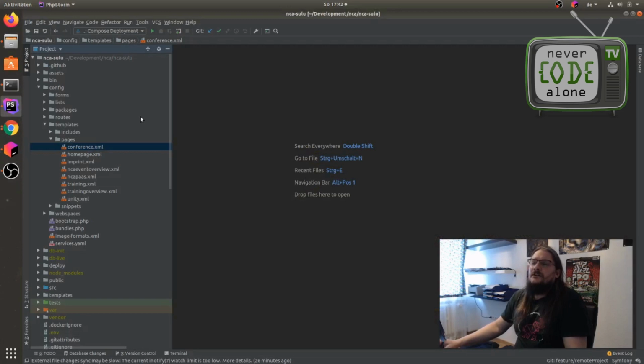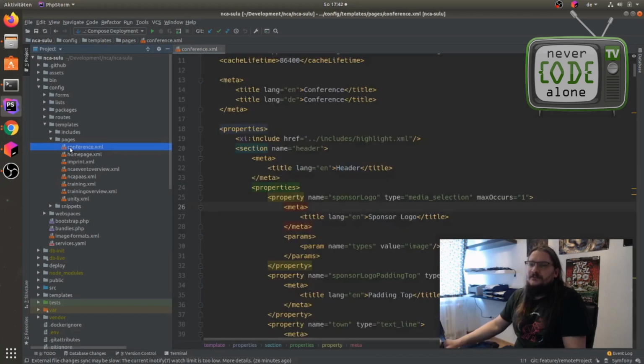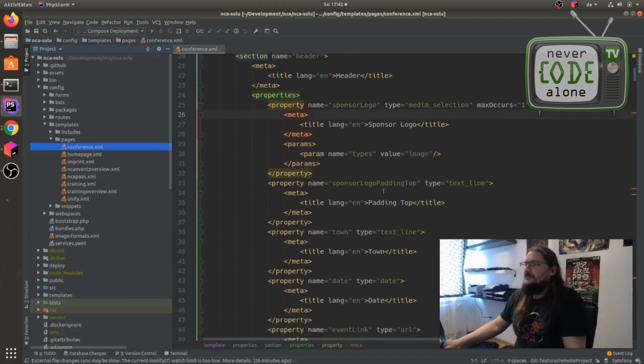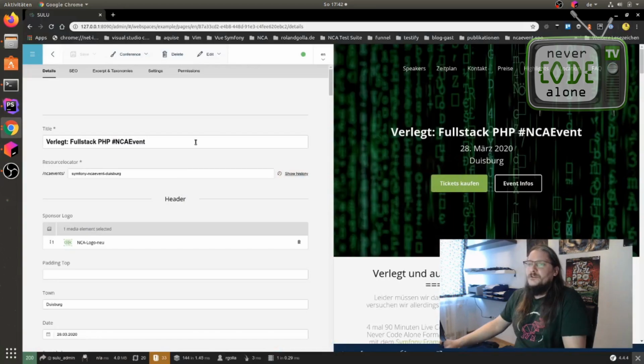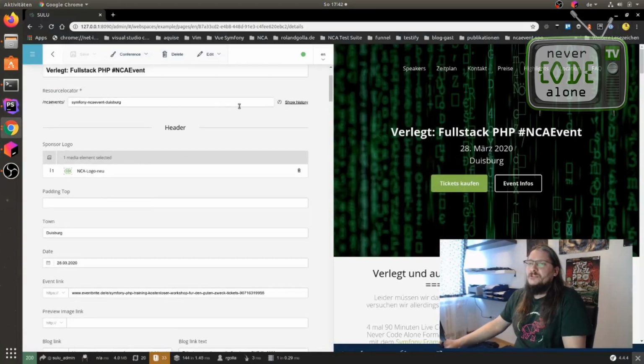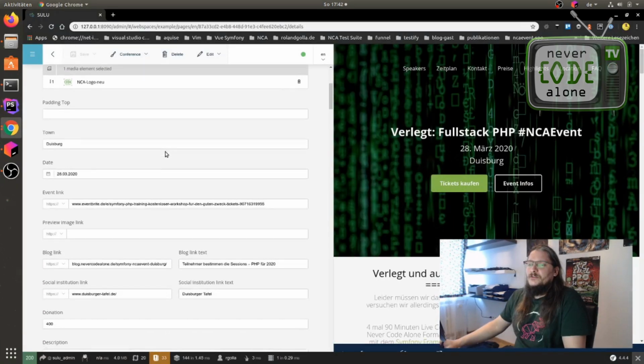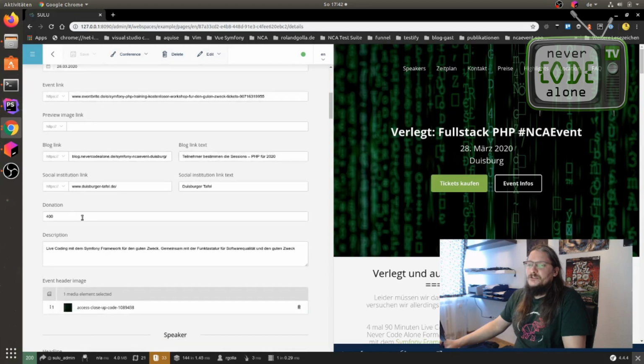Okay, now here on PHP Storm we have here our configuration files. There is also a file for conferences, and in these conferences there is here a header section. You see this here, header section, and here is a donation, and now I can add here an optional price and an optional ticket text.